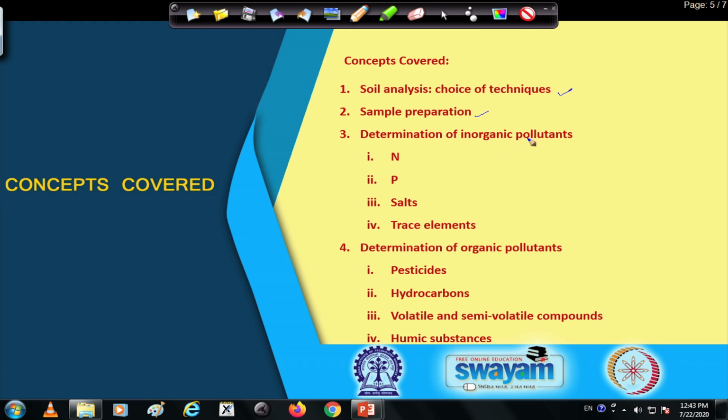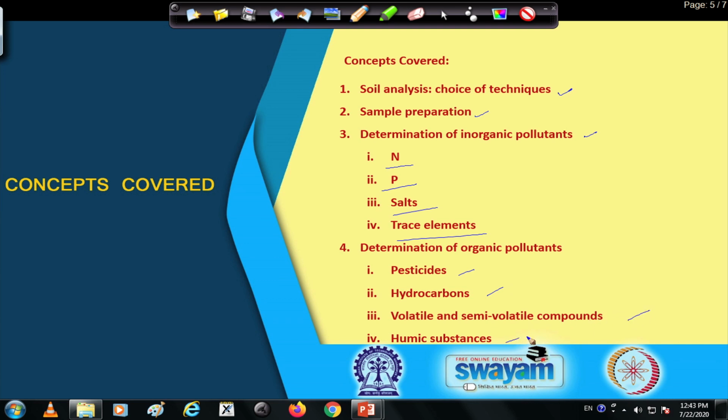we will be talking about the determination of different types of inorganic pollutants. Among the inorganic pollutants, we are going to cover nitrogen, then phosphorus, then different salts and trace elements. So, we are going to cover all these, and then once we have covered the determination of inorganic pollutants, we are going to cover the determination of organic pollutants like pesticides, then hydrocarbons, then volatile and semi volatile compounds